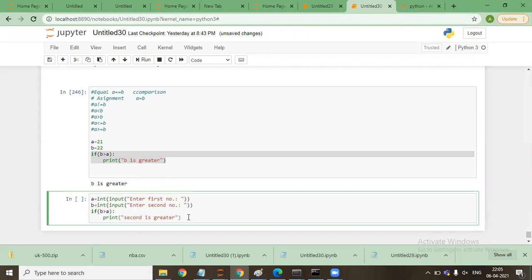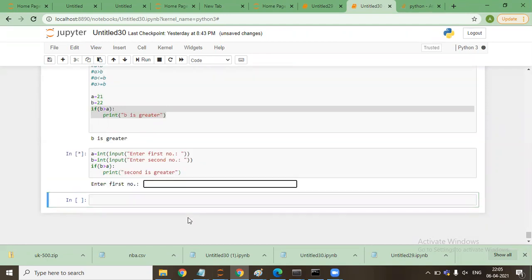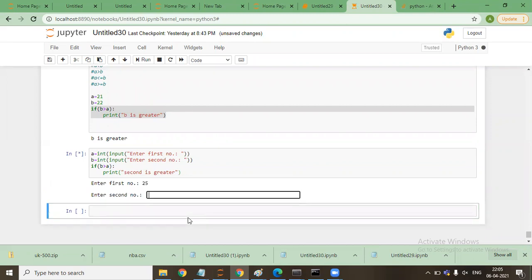So shift enter. I'll say enter first number, 25. Enter second number, 27. It says second is greater. Why? Because this is a simple if statement. Are you guys with me? Yes, sir.